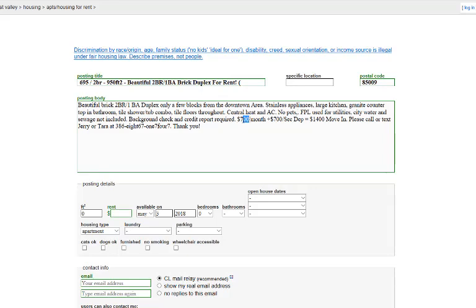We're going to change this to $6.95 a month, and we're going to put deposit at 0 and move in $100. Please contact CJ at